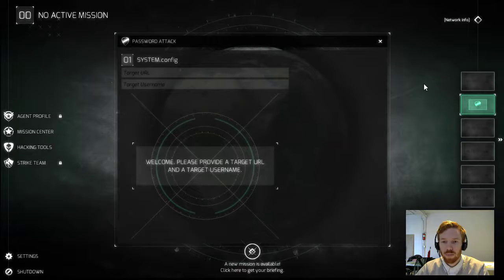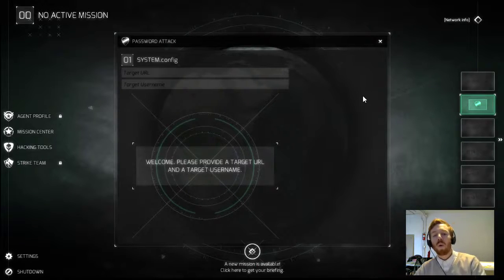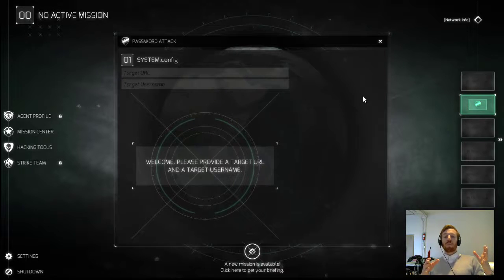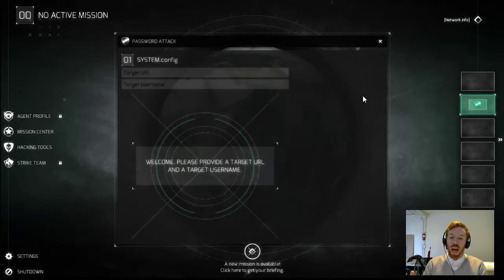Password attack and intrusion module initiated. And what this module is all about is accessing someone's email. And the way you do that is you have to have a very specific target URL, so a very specific subdomain, and then their username. Obviously, you can't hack into an account that doesn't exist, so you have to make sure you have the credentials right there. So what we're going to do is take this attack against the Rosenberg Clinic,